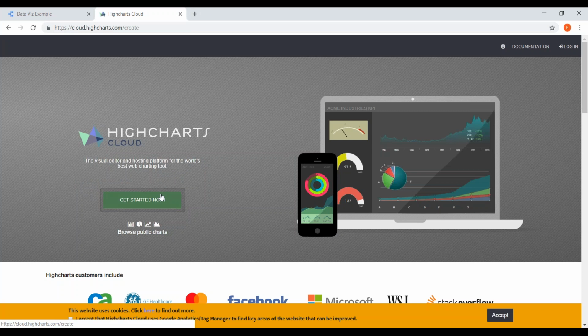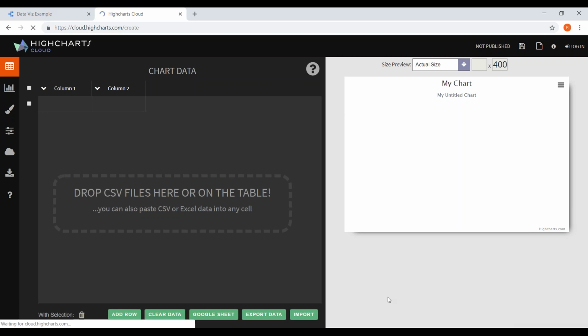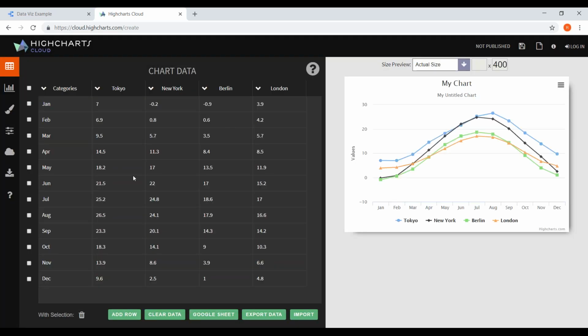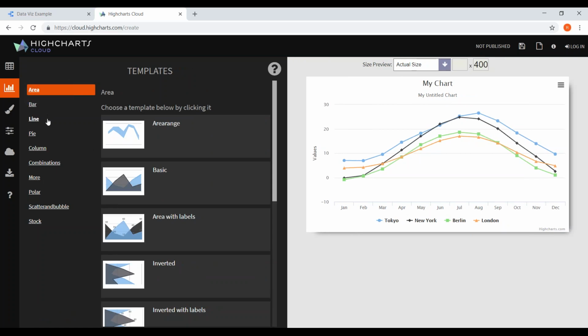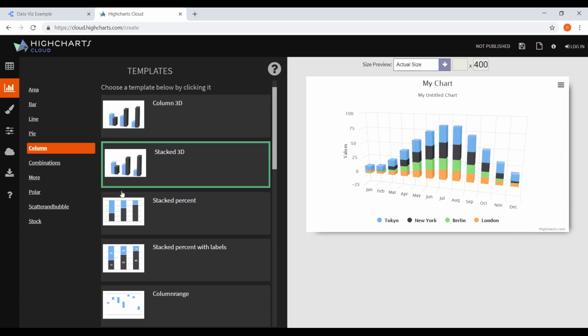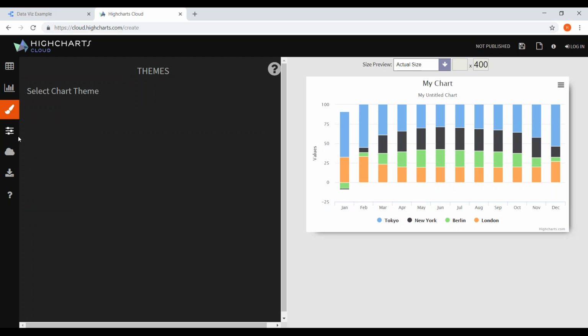All right, so this is Highcharts Cloud. You get started now. Basically, what you can do is, and we're going to use their sample data, and we'll do categorize for series. So what it first does is it gives you a quick look at what a chart would look like with this data. And then you can go into the templates and you can change it to whatever type of chart you think would be best suited for you. And then you can change the themes